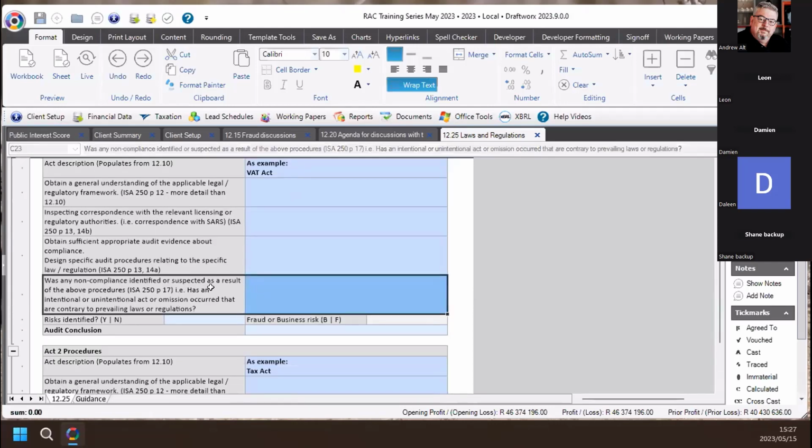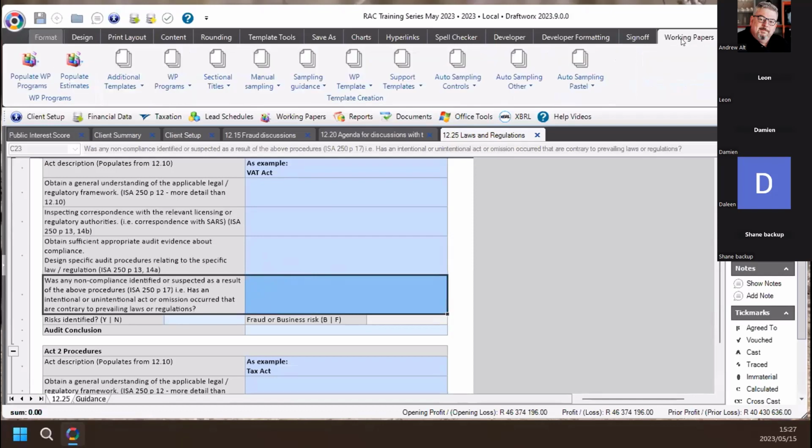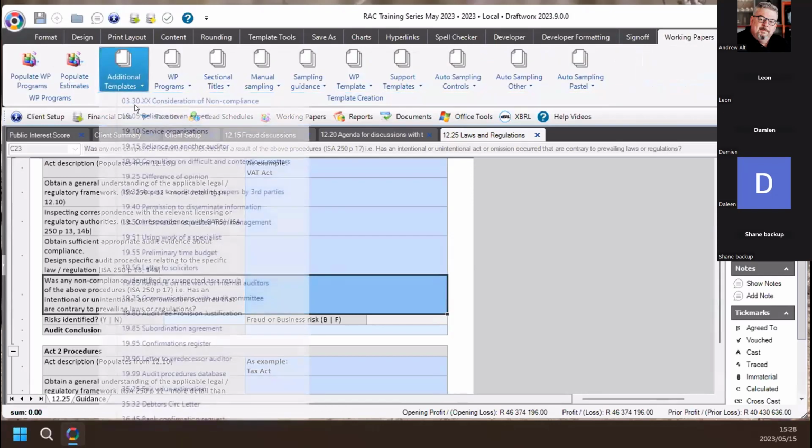And is any non-compliance identified? If you have non-compliance, we're dealing with no CLAR. And we've actually got a very specific working paper to deal with any instances of no CLAR. It's sitting under working papers under additional templates